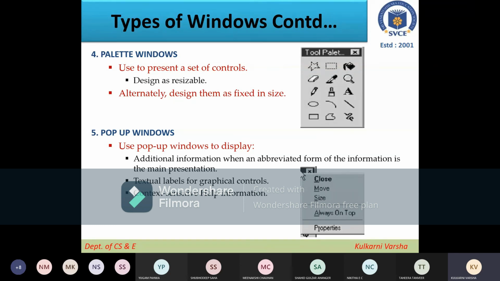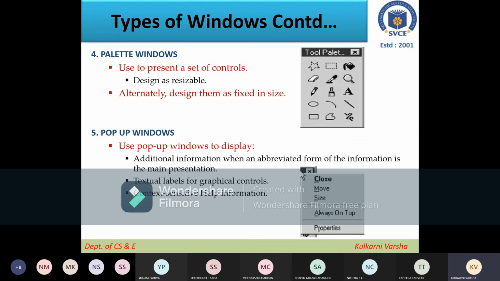And then there is the pop-up window. Use the pop-up window to display additional information when an abbreviated form of information is in the main presentation, or the textual labels from the graphical control, or context sensitive help information.